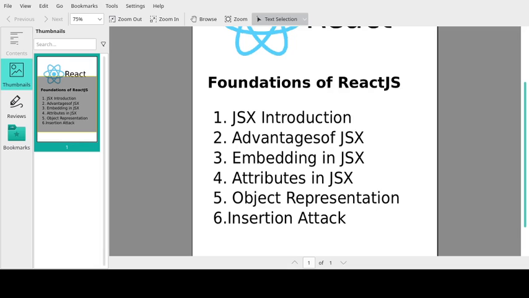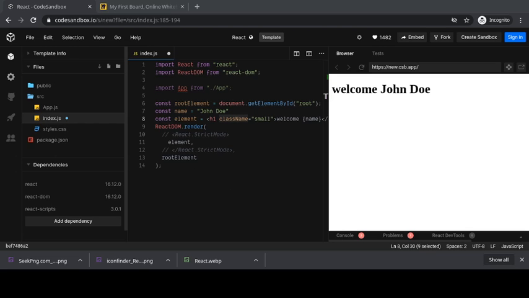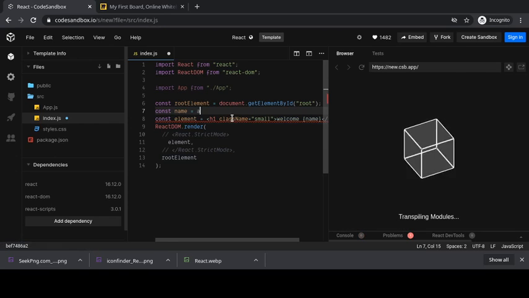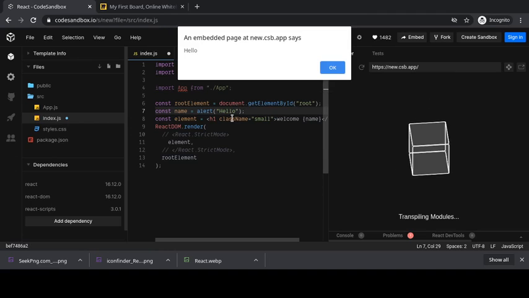By injection attack, what I really mean is, let us see that in action in code. Right now we have hard-coded this name as a constant. What if we are getting the username from user input? At that time some users might enter some JavaScript code like this, but when you normally embed this in normal JavaScript, you will see the alert.